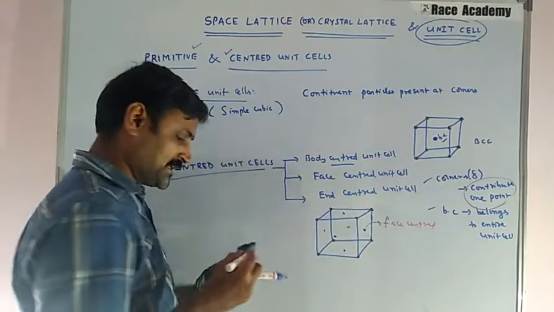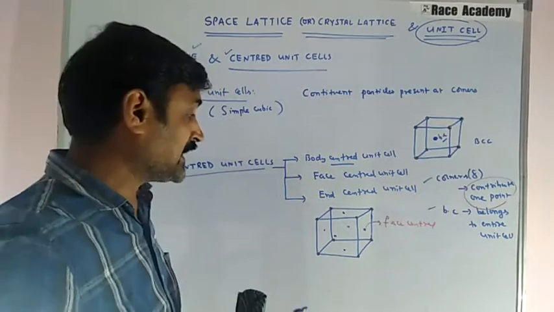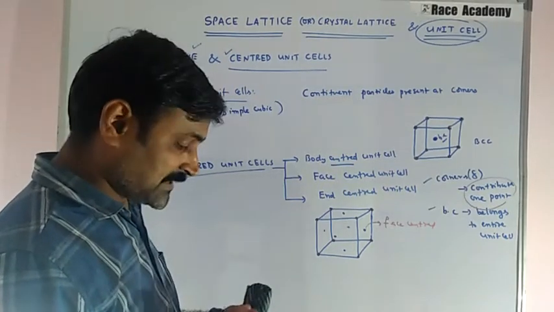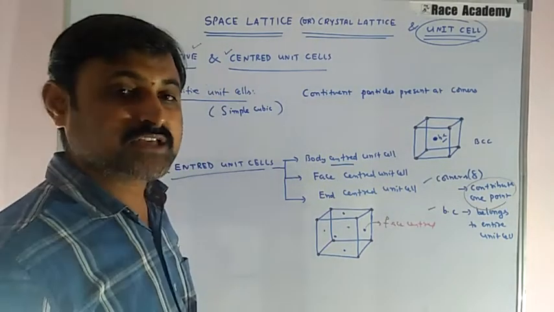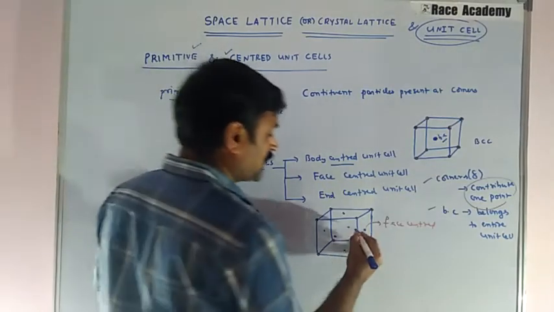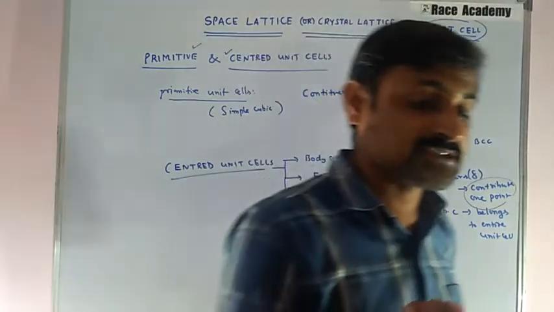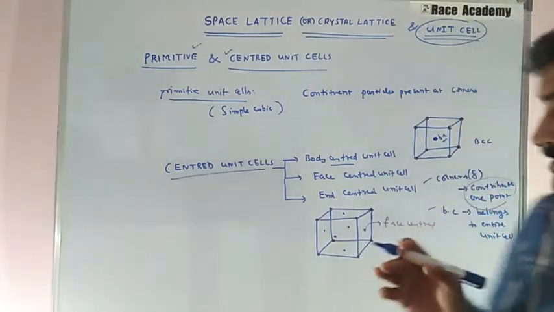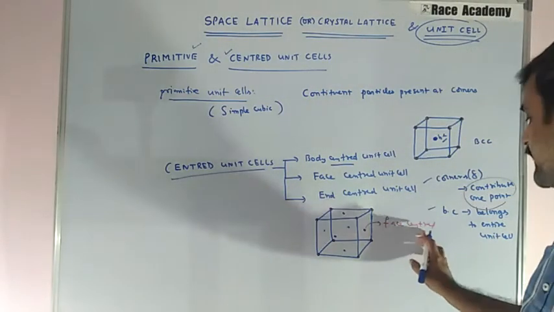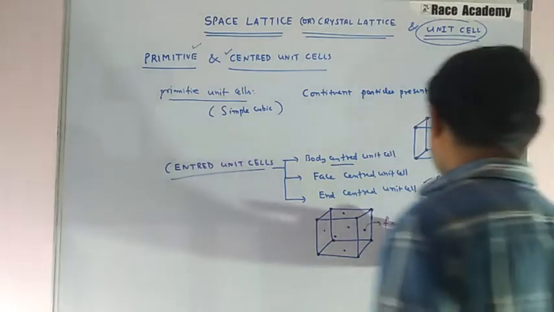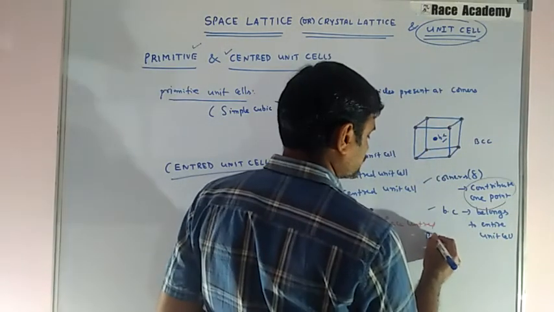Face centered points are there. How many faces are there for this cube? Six faces are there, and on every face we have one point. That means constituent particles that are shared with another cell. The face centered point